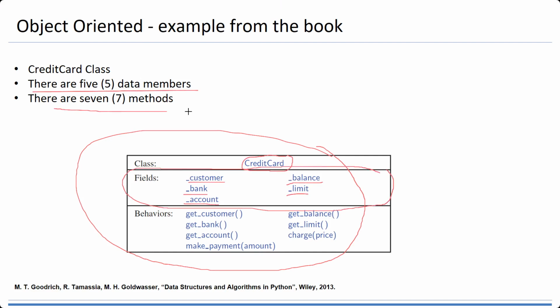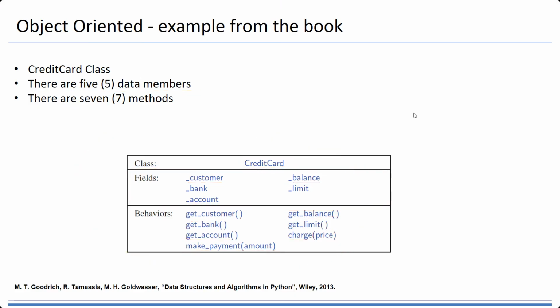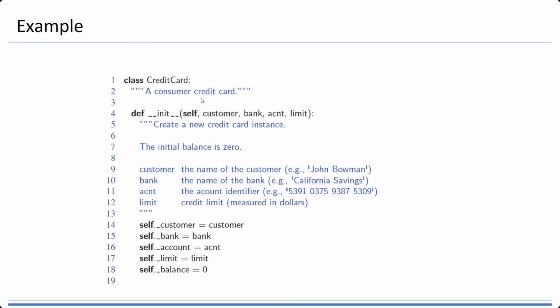And there are 7 methods: get customer, get bank, get account, get balance, get limit, charge with 1 argument price, and then make payment with amount. So I put those code in this PowerPoint so we can easily see. First, it is the class name,